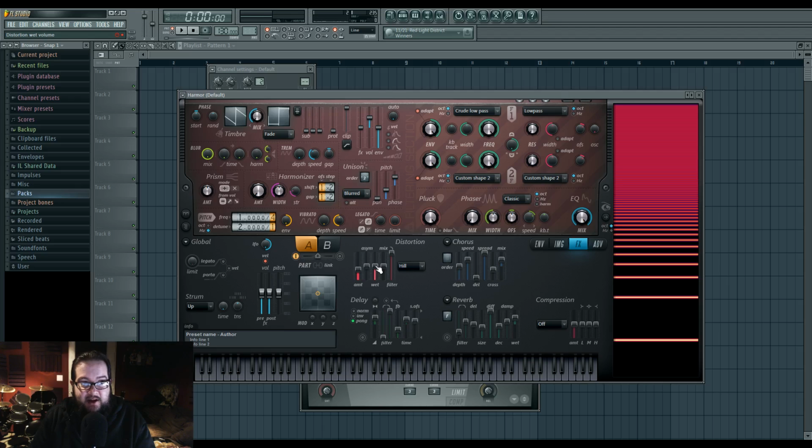It has the wet values, which is just how a lot of distortion is. Notice how that basically turns the sound off, and that's because the mix value is set into the center. As we approach one side, like up here, it's basically 100% positive, and over here it's 100% negative. Both will actually bring down the distortion's effect to 0. But if you bring distortion to minus 50,